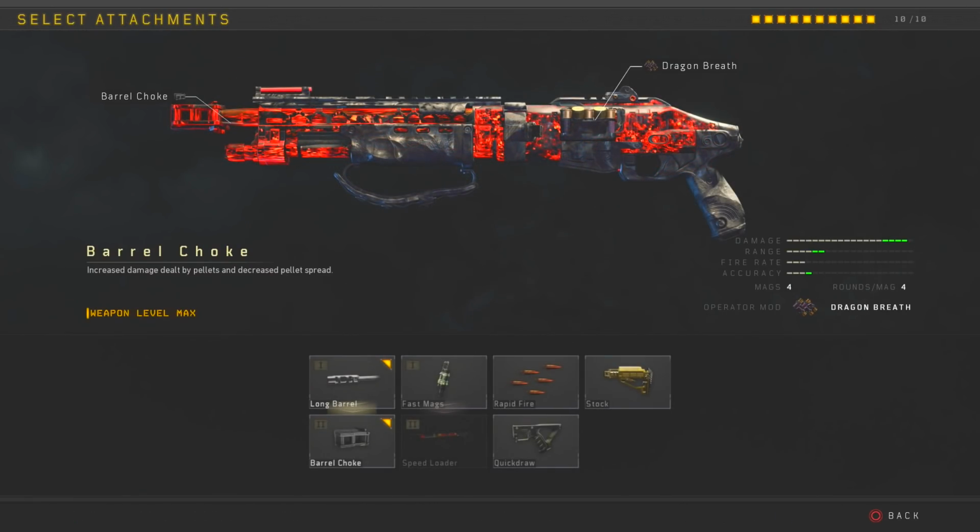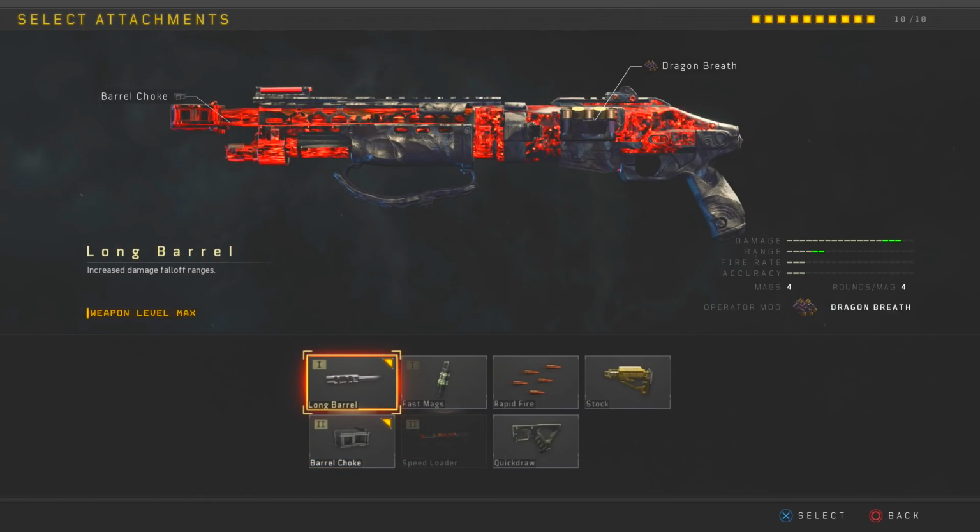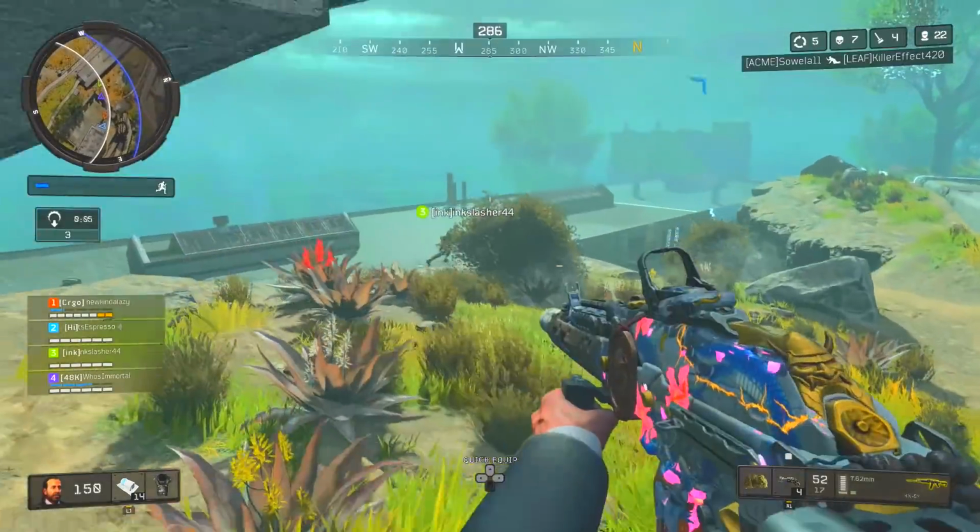However, I do feel like this update could kind of just be countered by still using long barrel and barrel choke, which does end up tightening the spread of the MOG's shots, making it much easier to get that one-hit kill. Either way though, honestly, any nerf to the fire shotgun I see as a good thing because, frankly, it